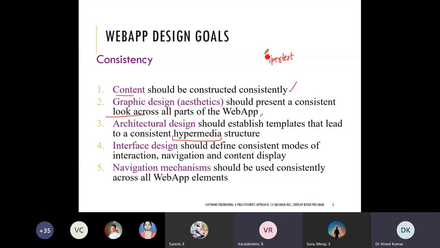HTML. Yes, HTML is hypertext. Any other answer? What is hypertext, and how is it different from text?